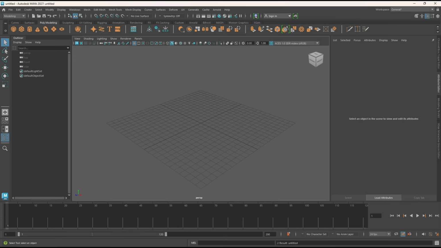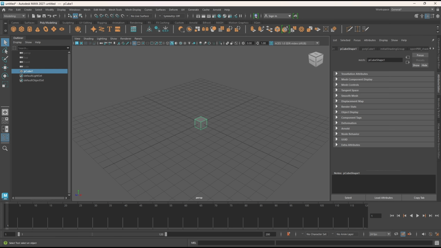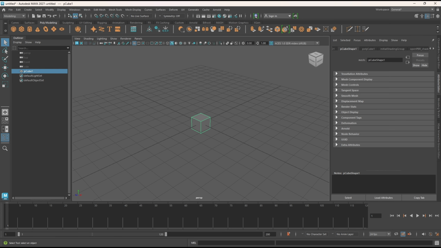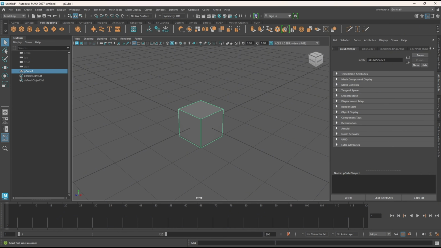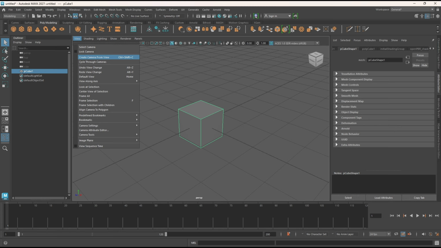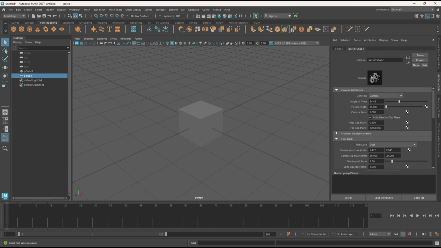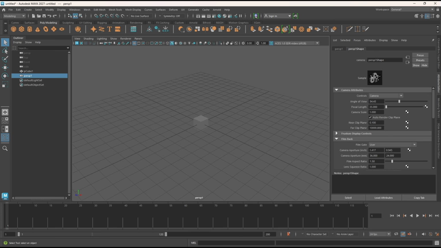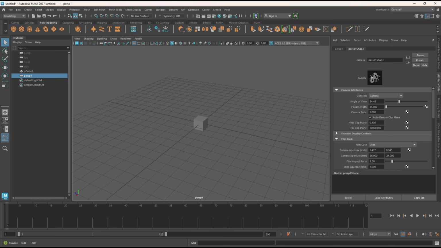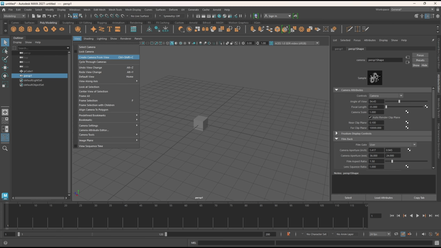Hello everyone, today we are going to learn a basic Autodesk Maya tutorial: how to lock camera. As an example, I will create a new cube object, and you can scroll down here to zoom in. I will create a new camera by using Create Camera from View. So we have this perspective one camera, and I will orbit again and click View, Create Camera